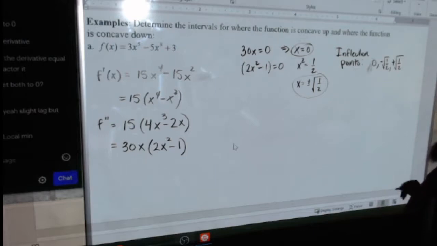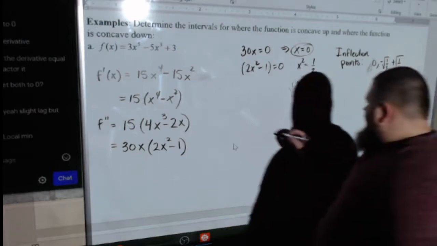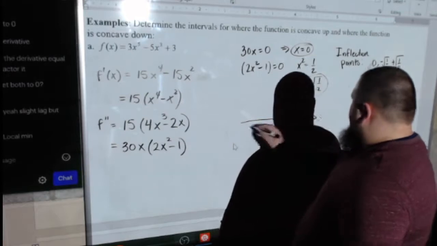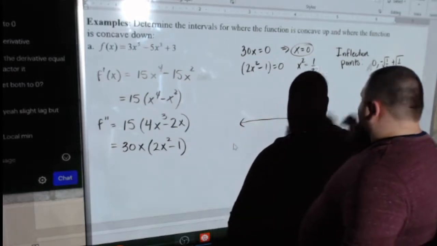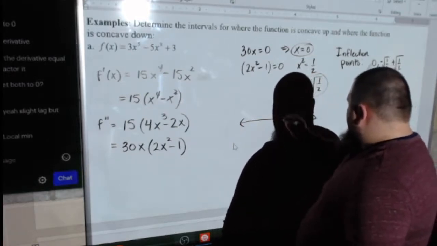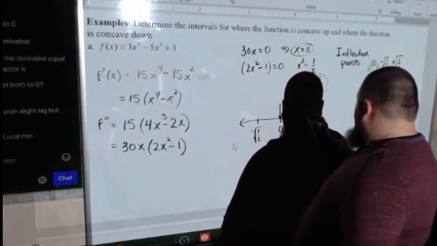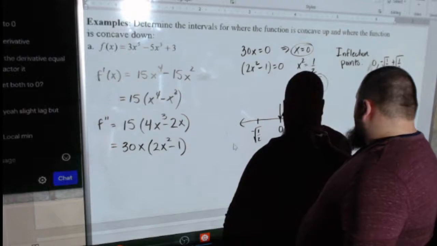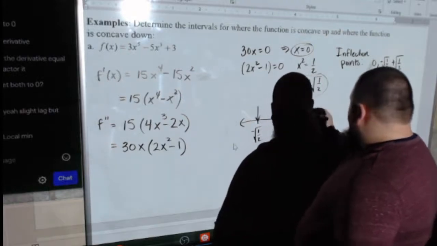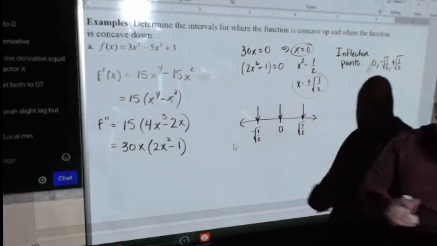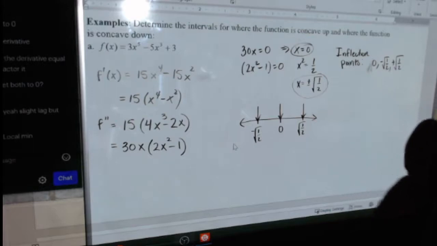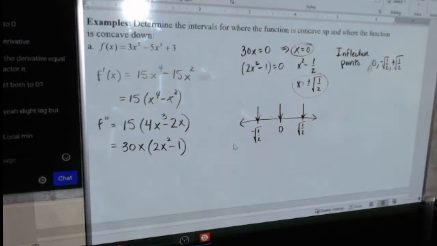Okay, so number line, just like before, break it up with these values. So we have 0, we have negative square root of 1/2, and square root of 1/2. Again, let me look at the,